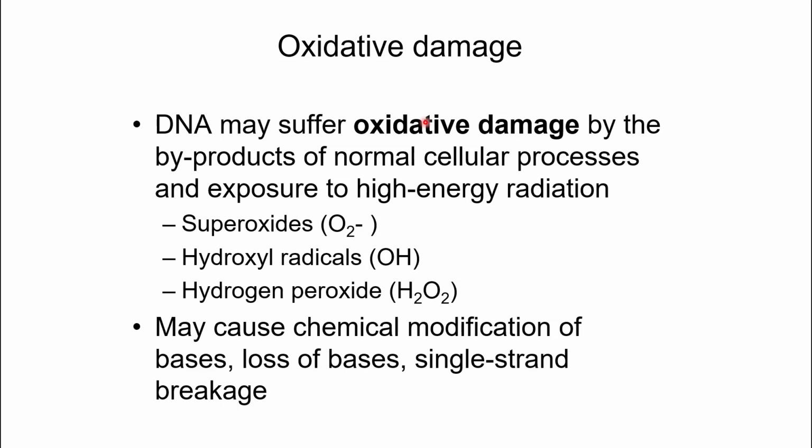Another form of spontaneous mutation is through oxidative damage. So you may have heard people talk about how it's not good to have diets that don't have a lot of antioxidants, because free radicals can cause oxidative damage. It's a normal cellular process. It's where we have high energy radiation. When we start releasing radical groups, like our superoxides or our hydroxyl radicals, these can sometimes break or cause our bases to change their chemical composition. And we can lose bases. We can also have single strand breaks, where we break some of those glycosidic bonds, and those can cause